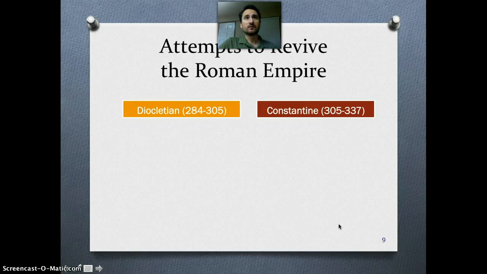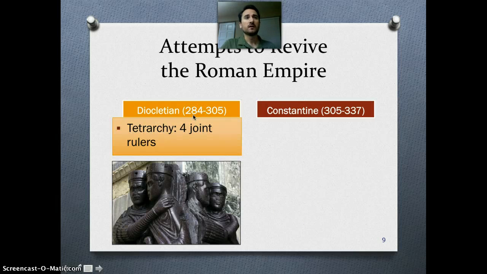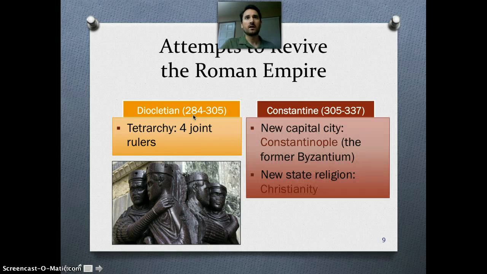There were a couple of attempts to revive the Roman Empire that occurred first with Diocletian around 284, and he tried to split the empire up into 4 different sections and place one person in charge of each section. Okay, the empire was so big he thought, hey, maybe if we spread the power among 4 people, it'll be easier. Ultimately, it didn't work, and Constantine, he builds a new capital in Constantinople, the former Byzantium, city of Greek